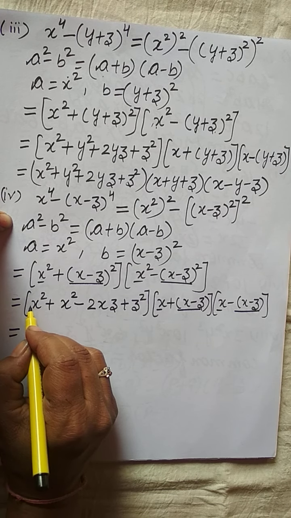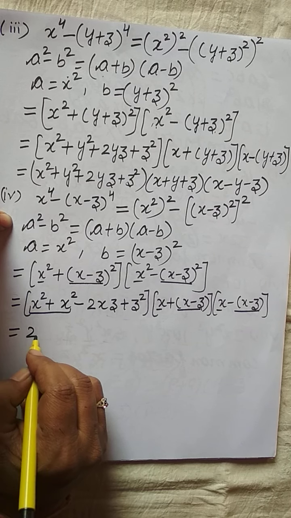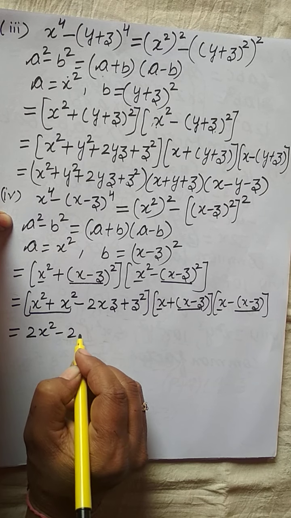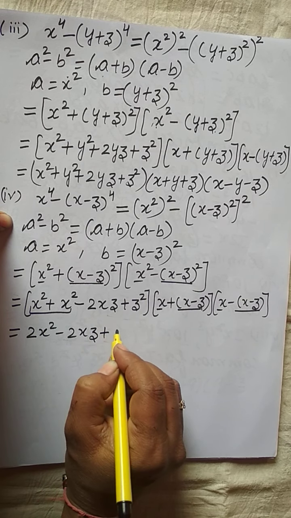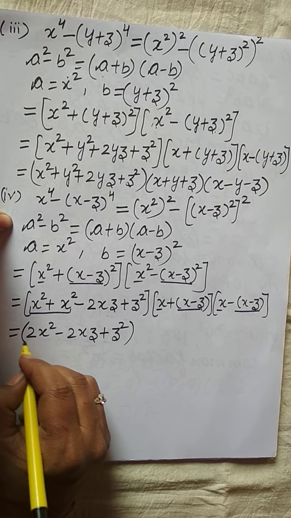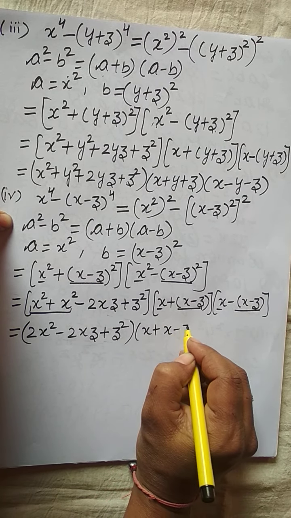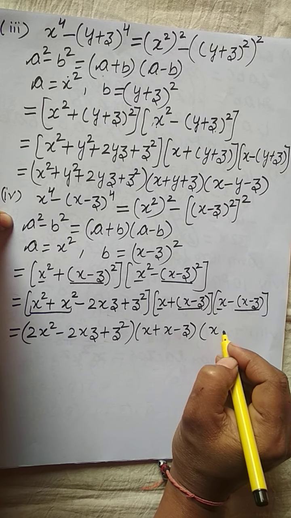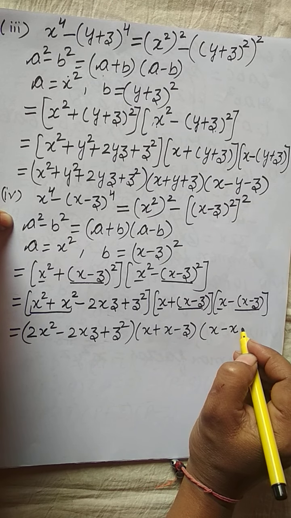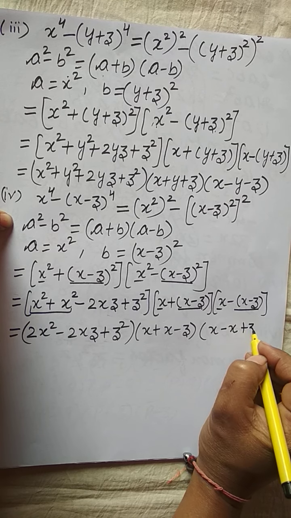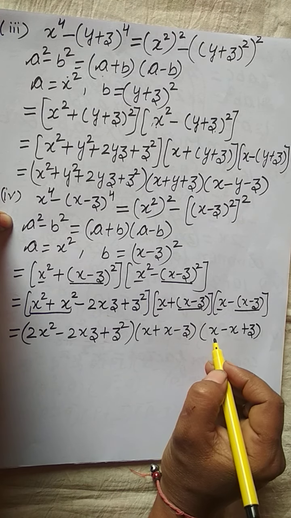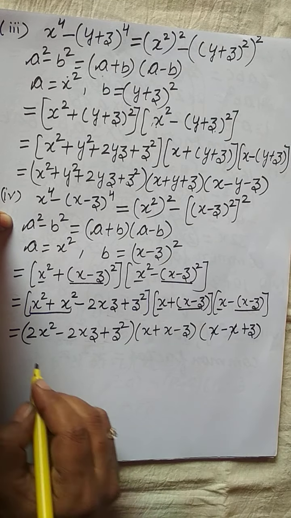Now x square plus x square is 2x square minus 2xz plus z square into x plus x minus z, x minus x minus minus plus z. Now x and x cancel, so it is only z